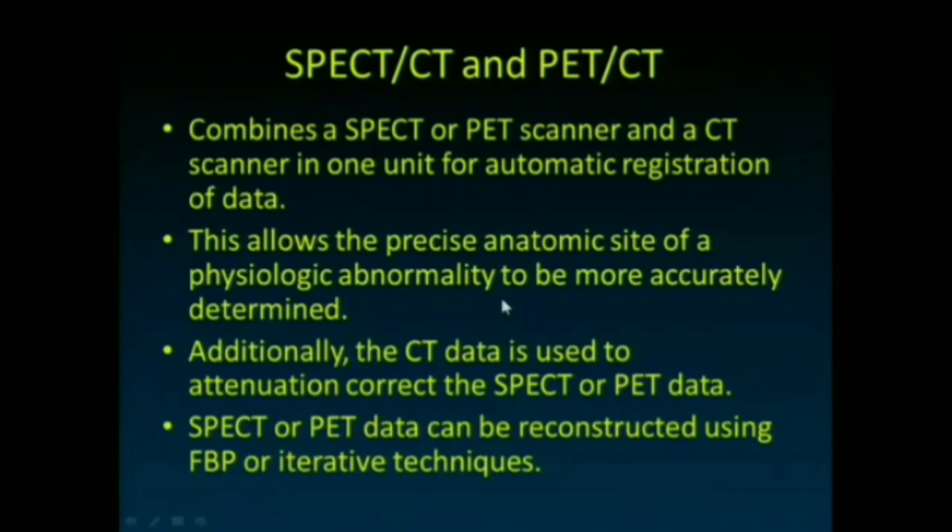The correction is complex because the CT scan was acquired at energies around the 140 keV or lower range, and we need to correct for annihilation photons that may be up in the 511 keV range. So the attenuation map needs to be adjusted for the appropriate